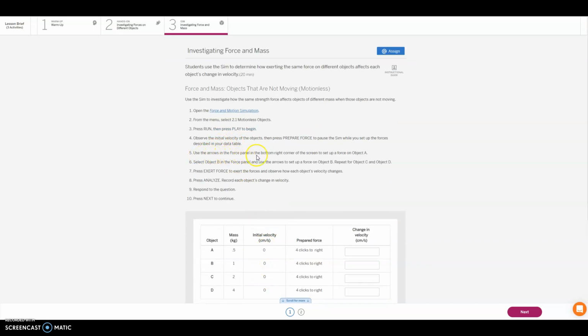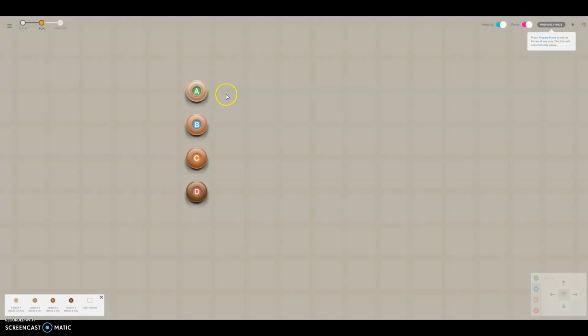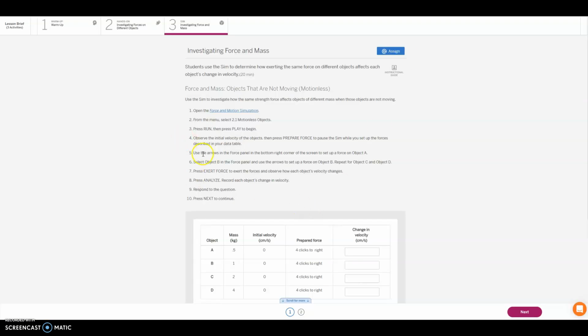Use the arrows in the force panel at the bottom right corner to set up the force on object A. So object A should have a mass of 0.5 grams. We want to give it 4 clicks to the right. So we're going to click on that object and we're going to make it go 4 clicks to the right by hitting prepare force. We're going to choose object A. We're going to click 1, 2, 3, 4 to the right. Okay. Then it says to